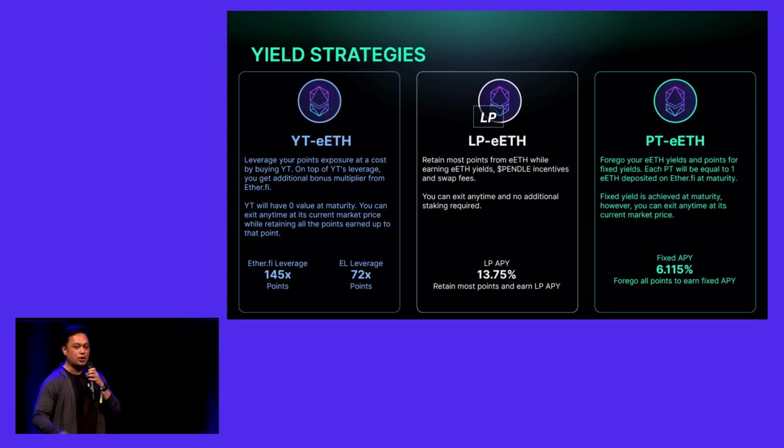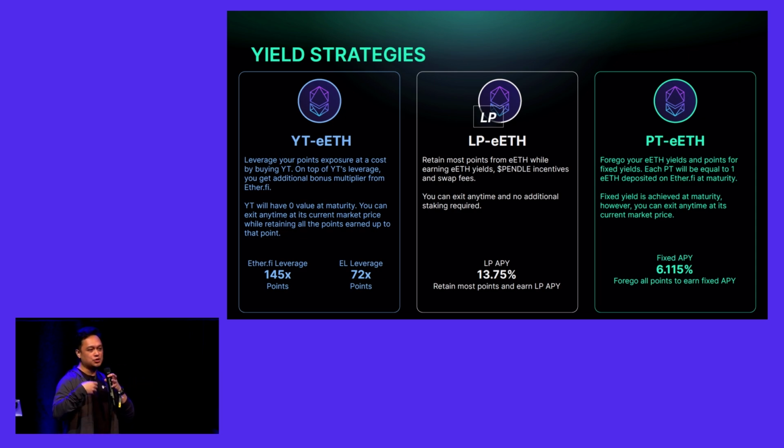And yeah, in summary, this is kind of like the different positions that you can take in Pendle. Again, if you're bullish with yields and points, then you would want to get a position in YT. Since it's a fraction of the cost, this displays your leverage position on those points or yield. You can get up to 145x leverage on, let's say, EtherFi points. But on the other hand, if you're bearish on points, you can just take PT, where you get a fixed rate instead for giving up those points and get more of the underlying, let's say, eETH back.